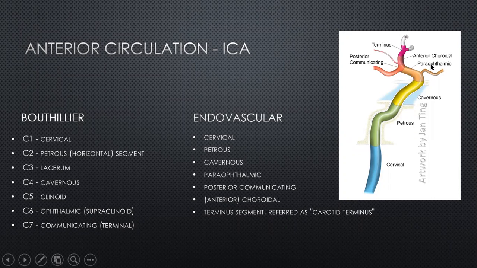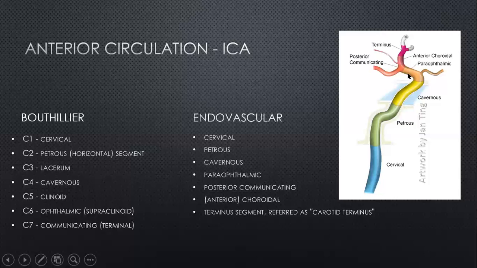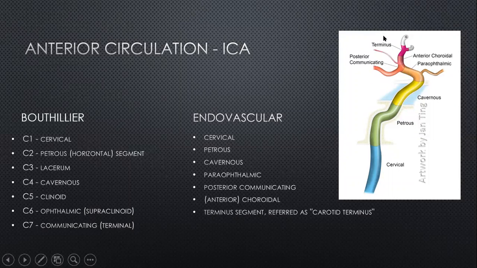And that's a very, very important landmark to understand, because this is the point where the artery is going to penetrate the dural ring. The relevance, of course, is that once it penetrates the dural ring, that's where the artery is exposed to the subarachnoid space, and any aneurysms from and beyond the ophthalmic artery are at high risk of producing subarachnoid hemorrhage, as opposed to any aneurysms beneath that dural ring. And that's of course a very broad concept. Aneurysm rupture itself has many other determinants apart from the location.